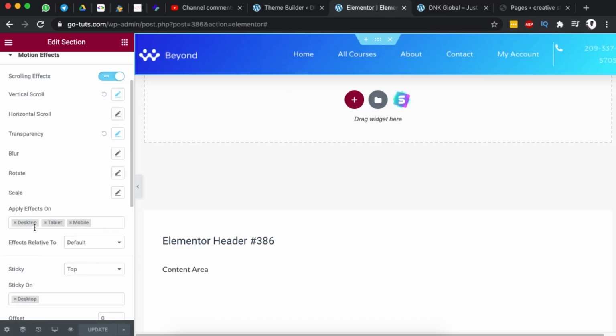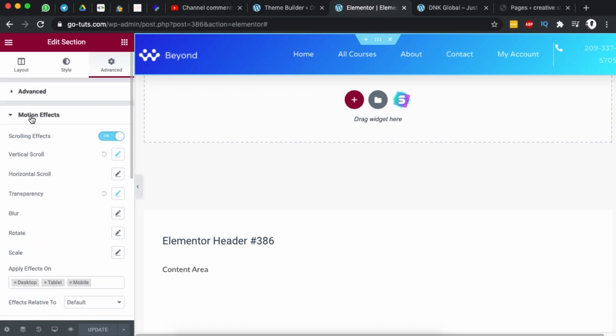Please note that these options, the sticky option and the transparency option under motion effects, are only available in Elementor